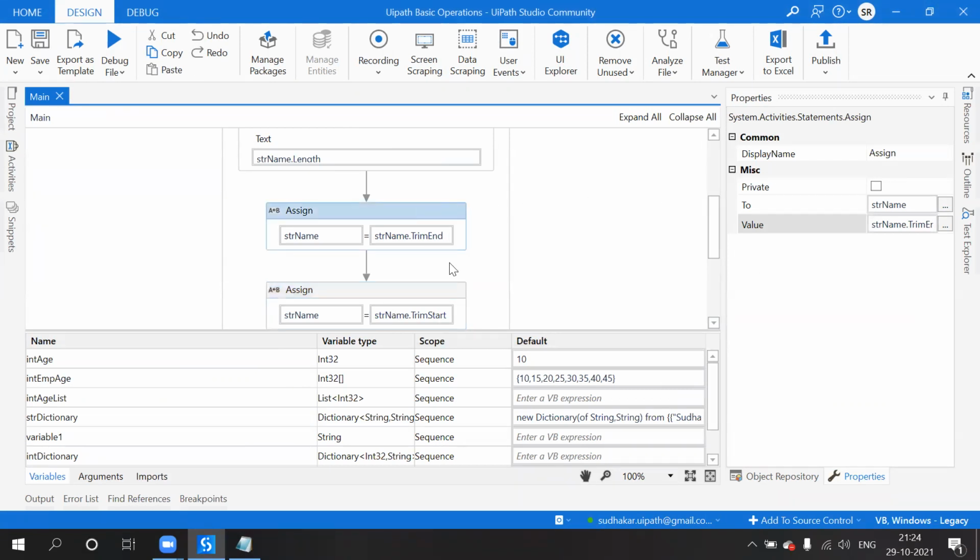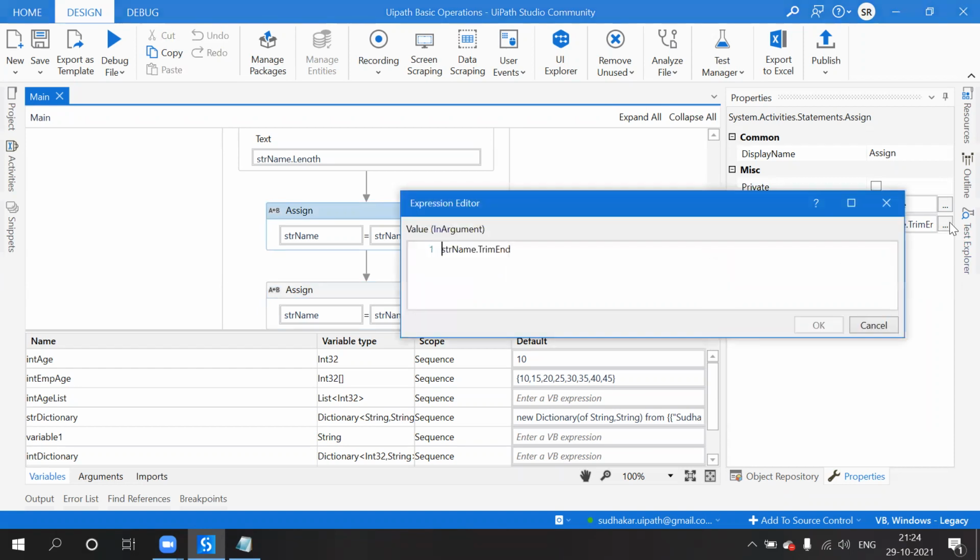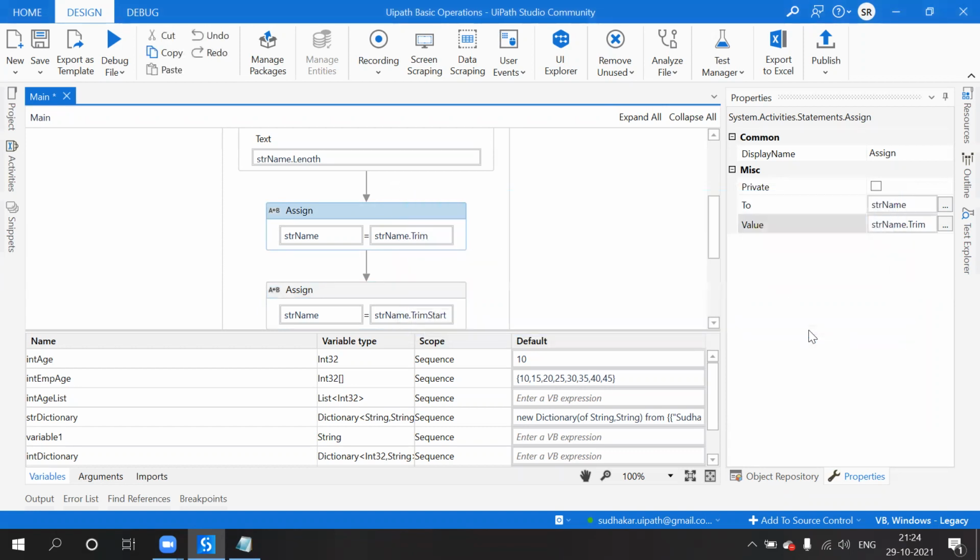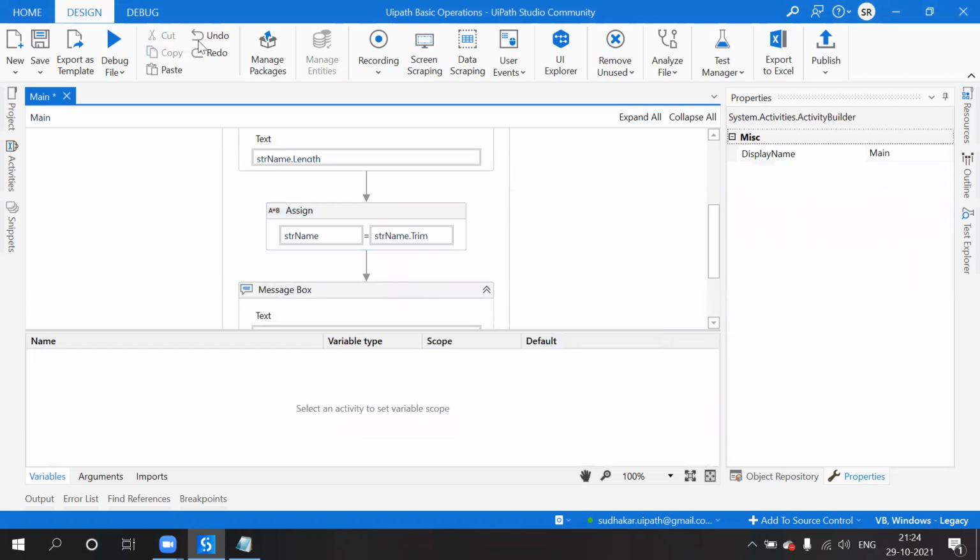For example, without using these two different functions, is there any other function to do it by using one simple function? Yes, we do have that. It is called trim. It will remove spaces at both the beginning of the string as well as the end of the string.